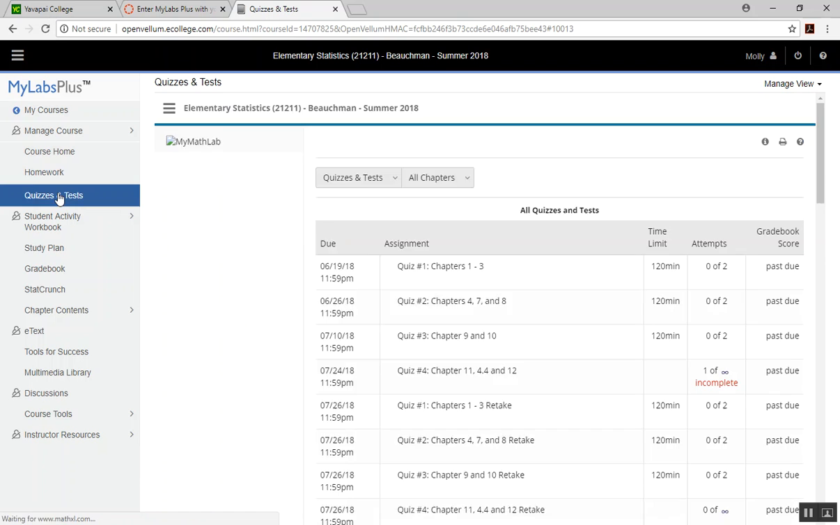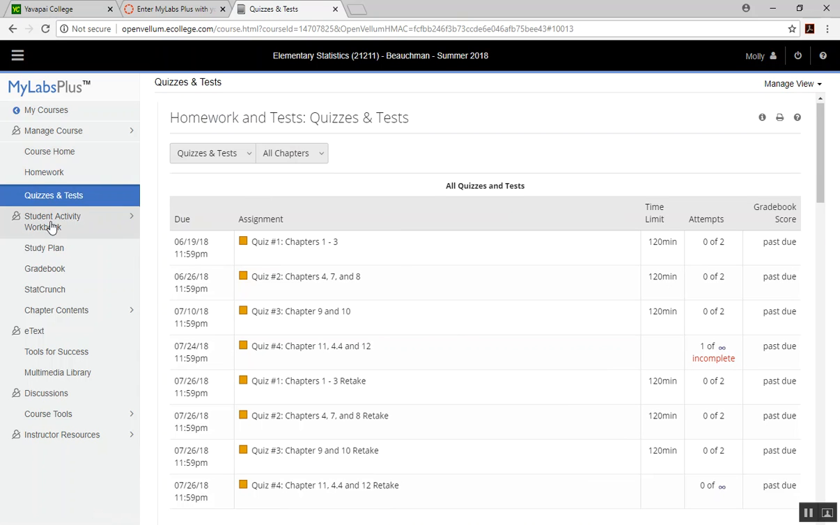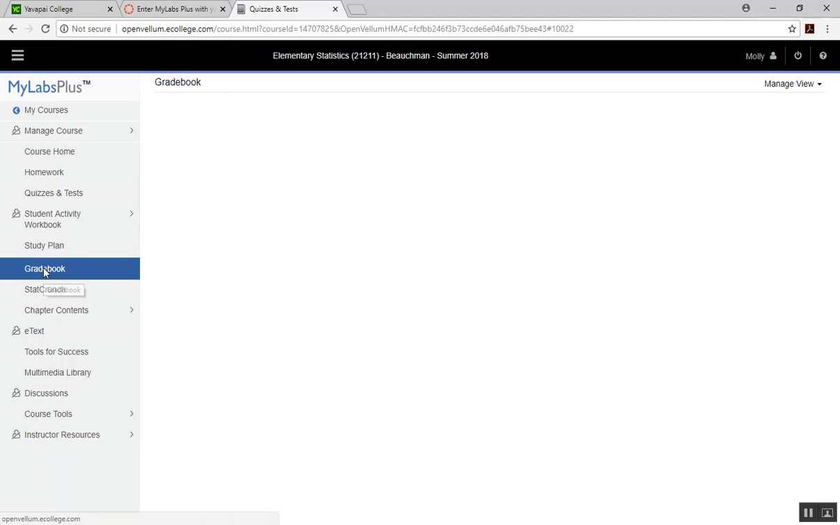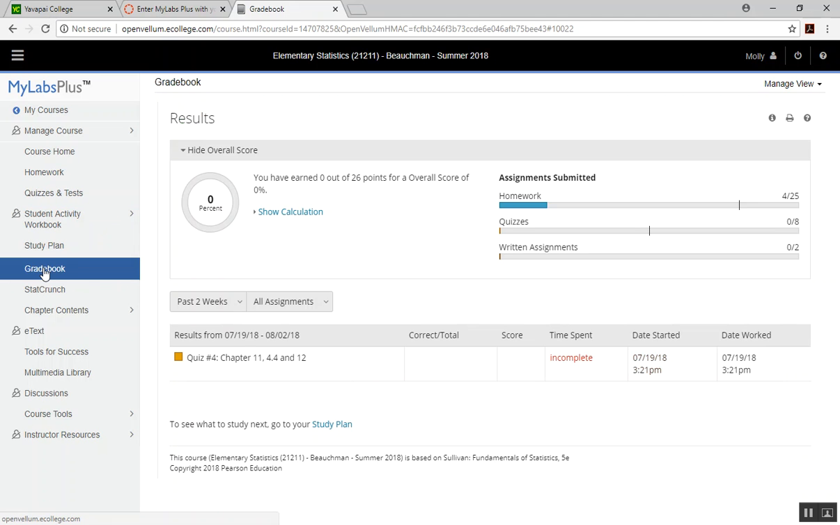Quizzes and Test key will bring up just the quizzes. I don't really use the study plan, but I leave it open if you'd like to use the study plan. The gradebook, I have 0%, so the gradebook will help you keep track of how much homework you've done, quizzes, and your written assignments. StatCrunch,